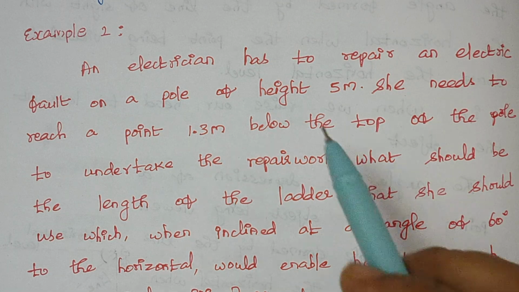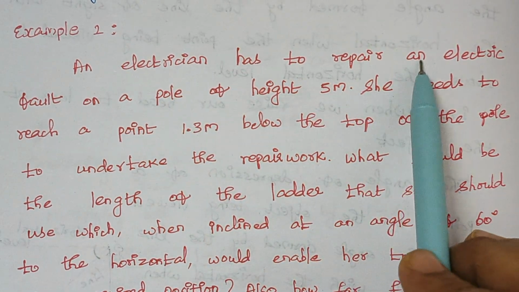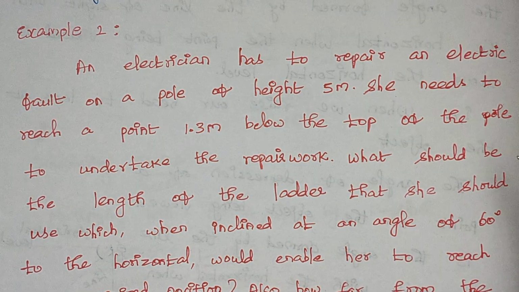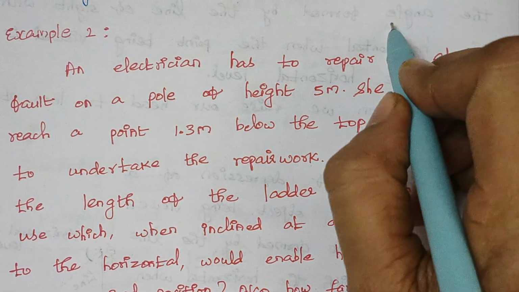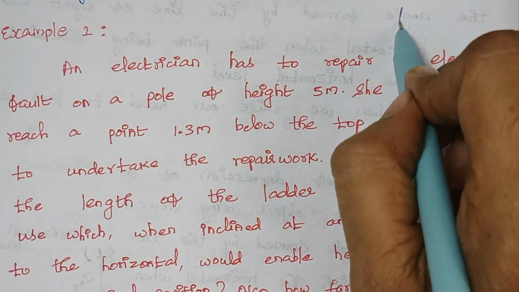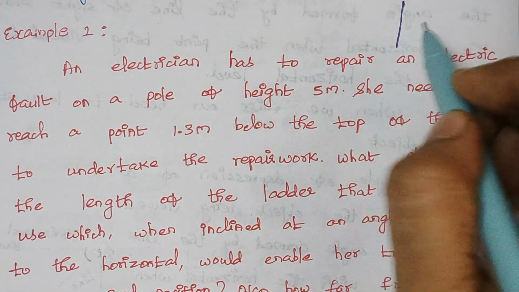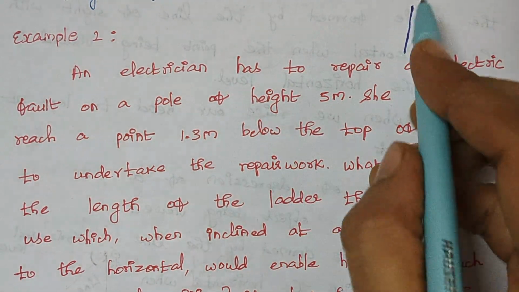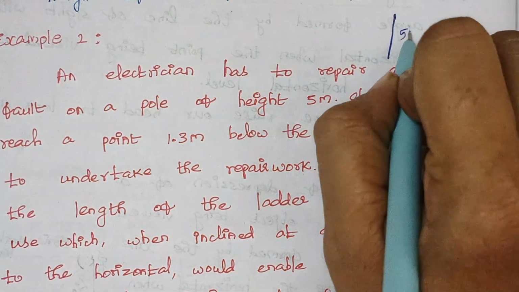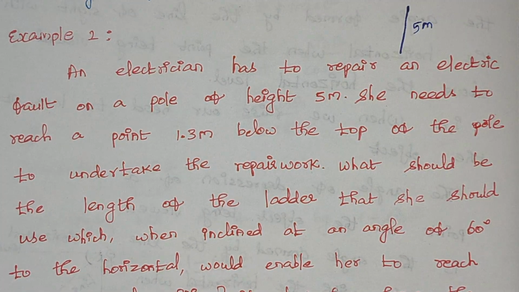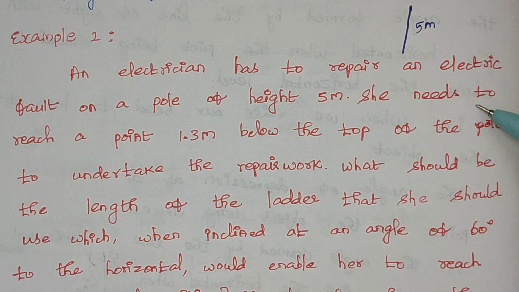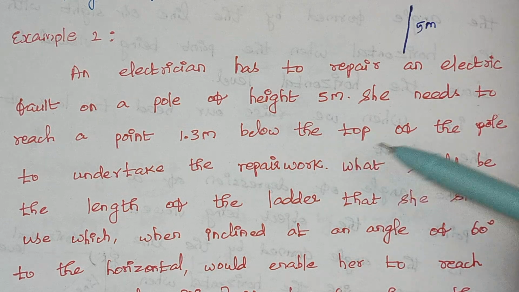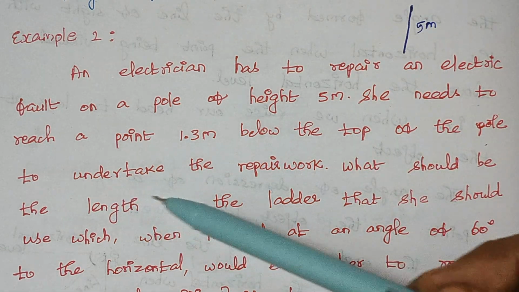So the problem is an electrician has to repair an electric fault on a pole of height 5 meter. I am drawing a rough diagram. I have drawn it in a better way, but just to show you how to draw, I am drawing it one more time. So there is a pole which is 5 meter height. Then she needs to reach a point 1.3 meter below the top of the pole to undertake the repair